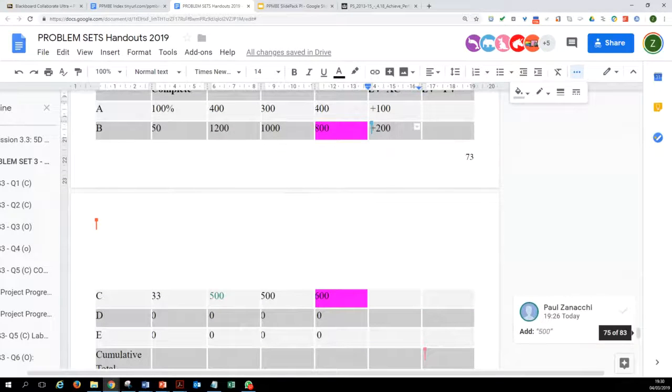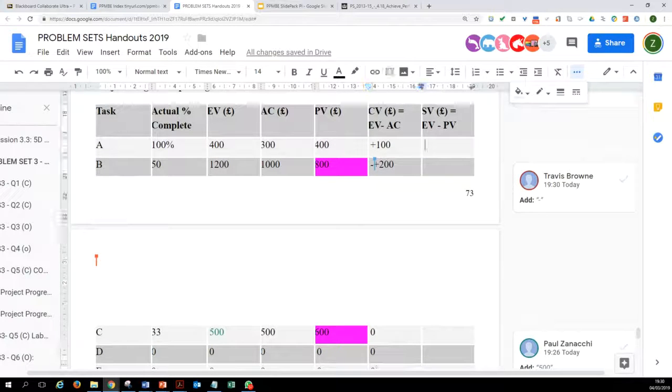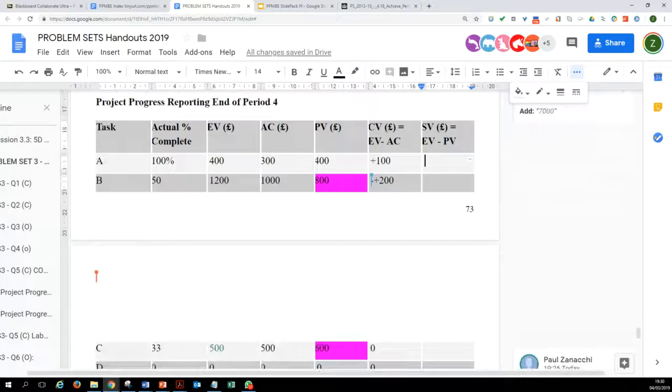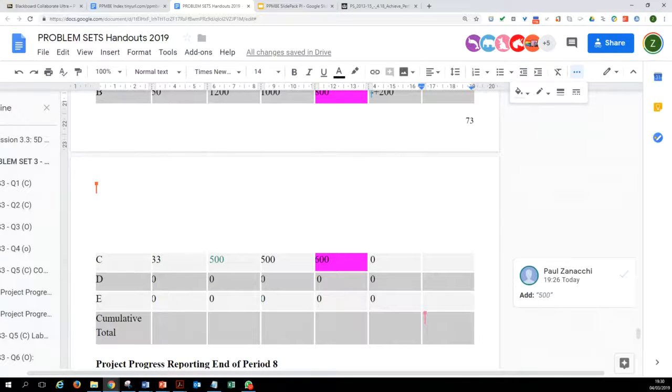And for activity C, it is 0, which is correct, and activity D and E, because they are activities which have yet not started. Now we look at the schedule variance, which will be calculated using the formula. So basically, it's telling us overall a good picture, and we can also have a cumulative